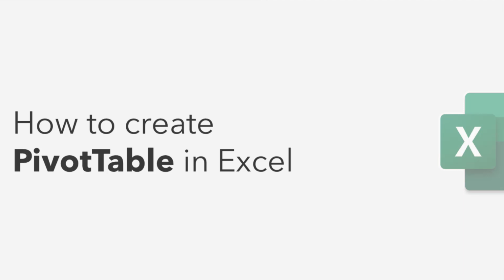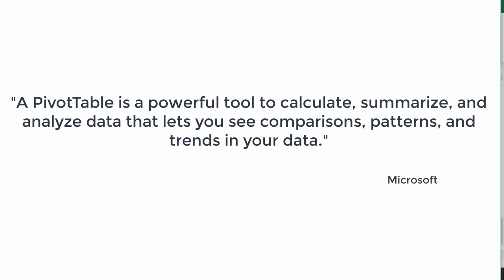Pivot table is the most common term we hear about when we talk about Excel. Now what is a pivot table? A pivot table is a tool which helps you to summarize your data based on a few numbers. Now the summary can be sum, total, average, minimum, maximum values.